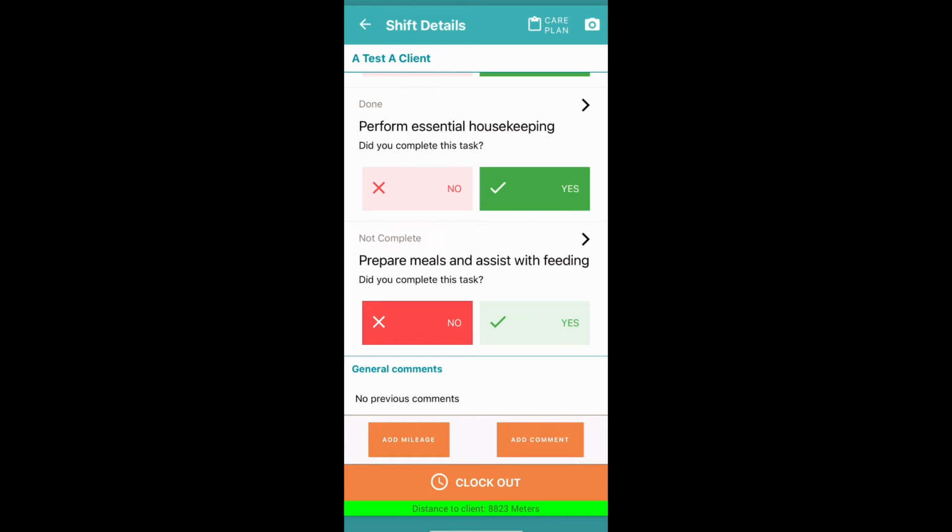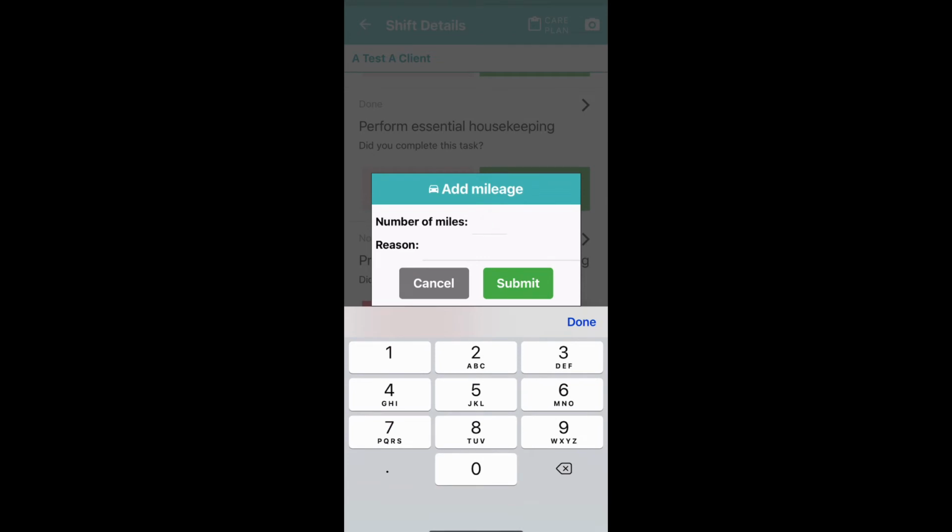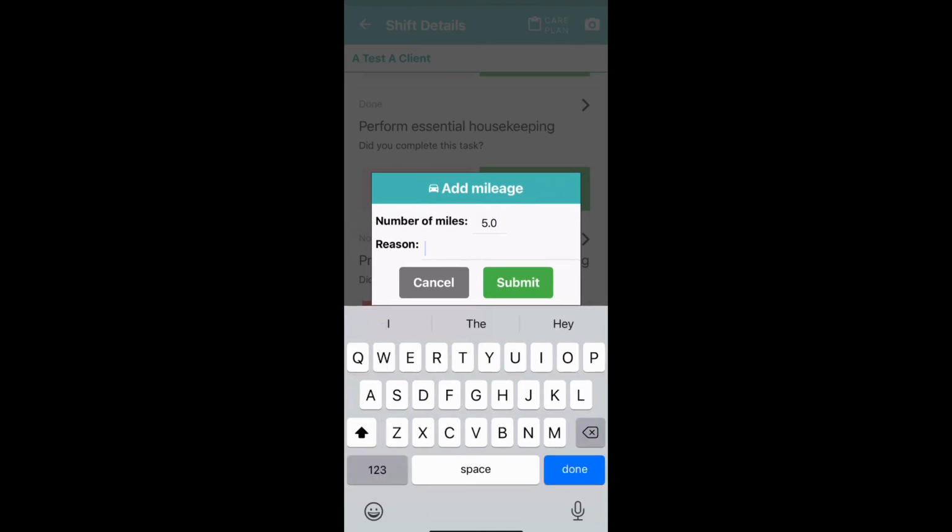If you take your clients anywhere and they are approved for mileage, you may click add mileage, and you may put the number of miles that you've traveled during your shift using your own personal vehicle. If you take the client's car, you may not use mileage in the app to be reimbursed. For instance, if you took your client to, say, the pharmacy or a grocery store, which was 2.5 miles away, it would be a 5-mile round trip. So we could put 5.0 miles, rounding to the nearest tenth decimal place, and we could put round trip